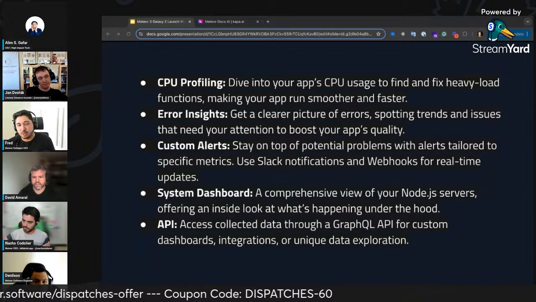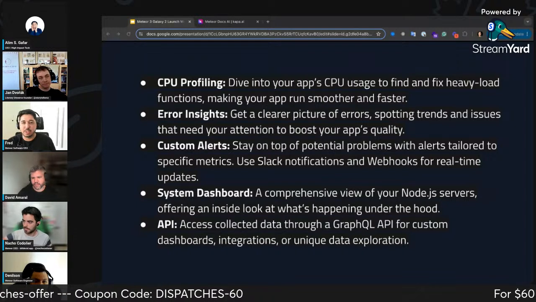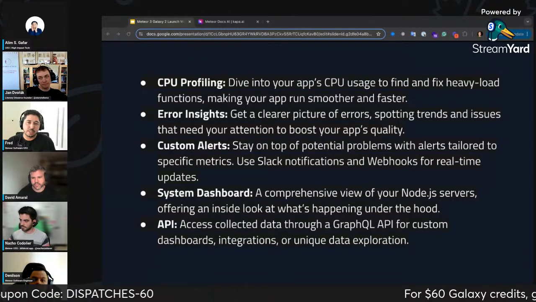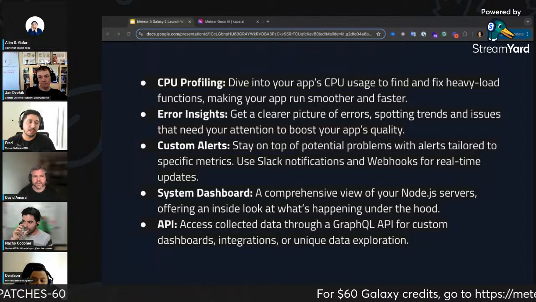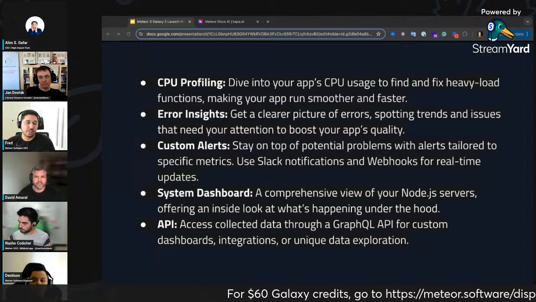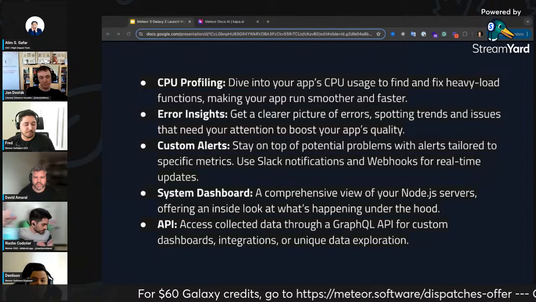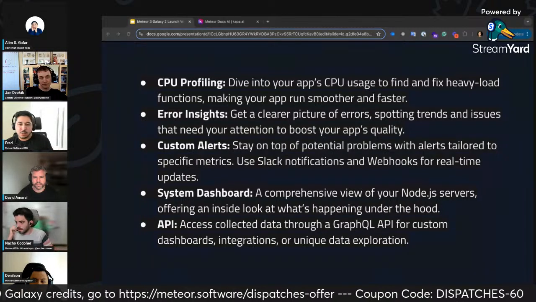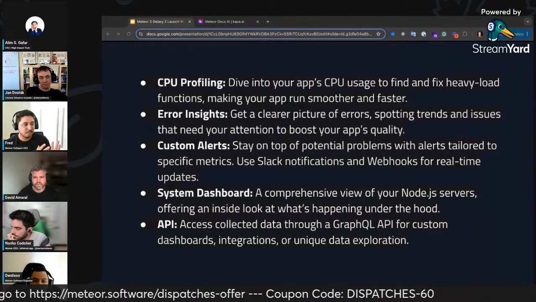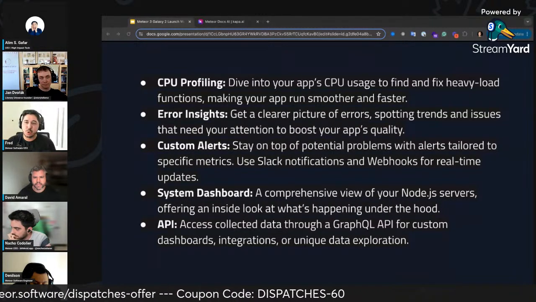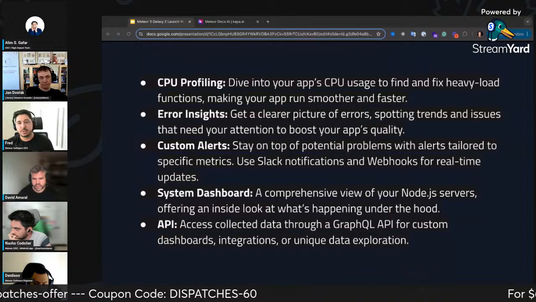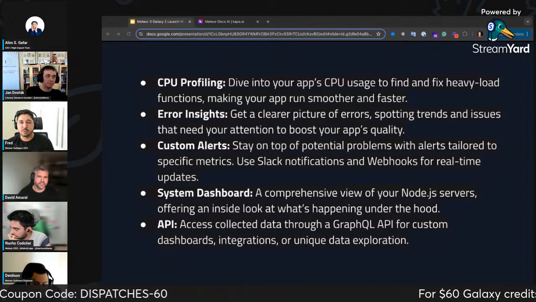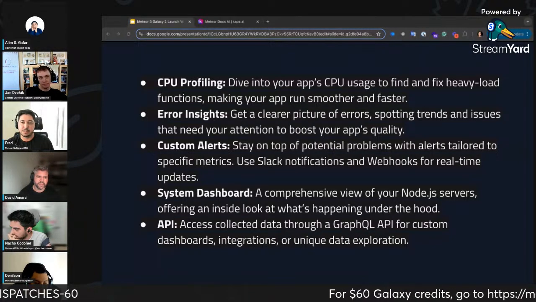If you don't know, Monty APM is from Zodern. Zodern is doing a great job on Monty APM, and we now have an agreement to provide Monty APM to our customers. This one is not available yet. We are doing the integration. It is in progress, and in a few days, I think everyone will be able to start using Monty APM with Galaxy.